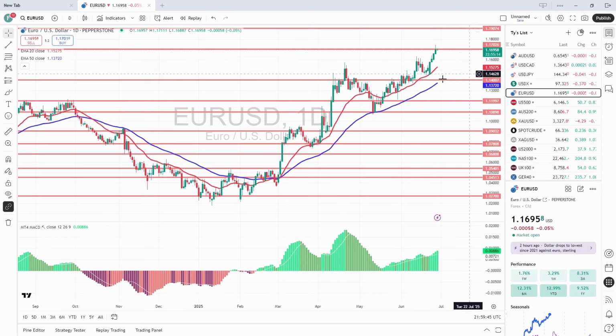We all know that. So at this level, look, we've still got 119 as a target. There's still a reasonable level above us that we can go for, but it's got a little bit of work to do, obviously, to break through that zone. Momentum is still very strong, and obviously we're in a very sharp and aggressive trend, so there's no problems with momentum. Whether it continues on without a mini pullback, time will tell, but I'd be looking at opportunities on